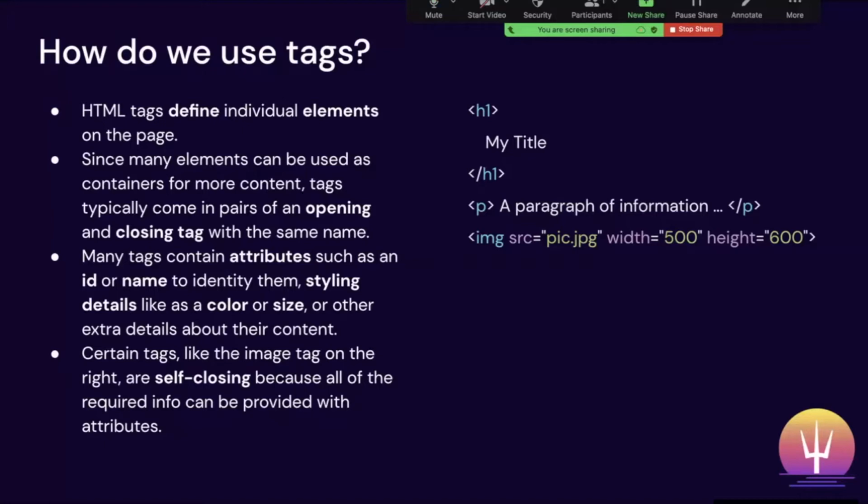it could be another element if we want to nest something within it. And then the second type of tag is a self-closing tag, like for the image one we see at the bottom. We use these because sometimes it doesn't make sense to have the content inside a pair of tags. Instead, all we need is these attributes, or the text highlighted in purple, to define the behavior of the element. So for an image, all we need is the location of the file that we want to display. And then we can also share the width and the height